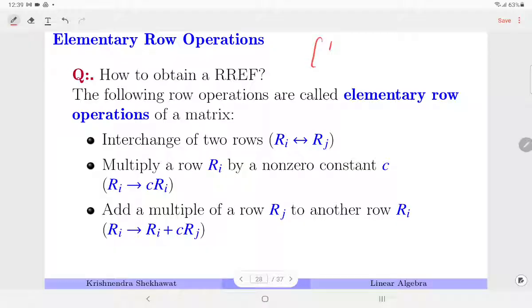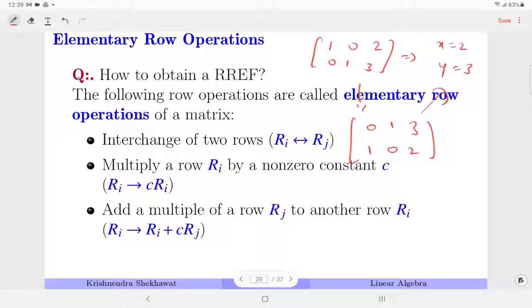Consider an example, 1 0 0 1 2 3. This gives me x is equal to 2 and y is equal to 3. Yes, if I interchange the rows, so 0 1 3 1 0 2, then you can again see that the answer remains the same. It means by interchanging, the solution does not get changed.